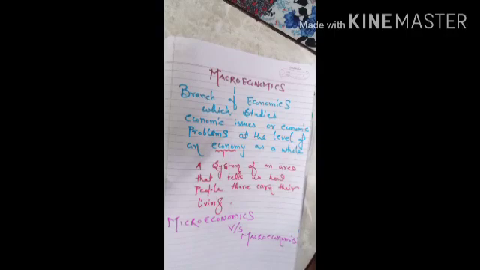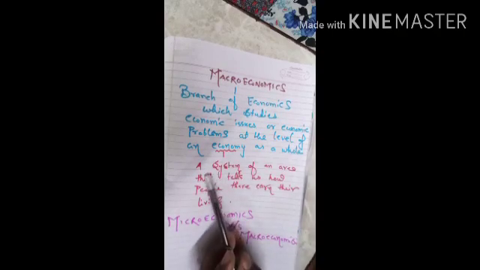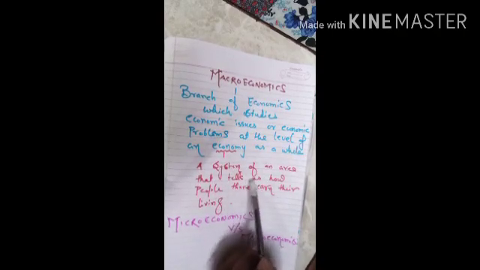If we talk about microeconomics, तो हमने जो पढ़ा last year, it was about the individual level. एक individual level पे जब हम economic problems, ये economic issues को पढ़ते हैं तो उसे हम microeconomics कहते हैं. और जब पूरी economy के लिए, पूरे देश के लिए उसे पढ़ा जाता है तो उसे हम macroeconomics कहते हैं. और economy जैसे हमने पहले भी पढ़ा, a system of an area that tells us how the people earn their living.